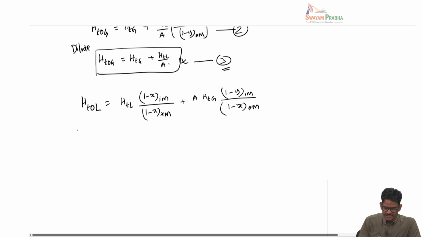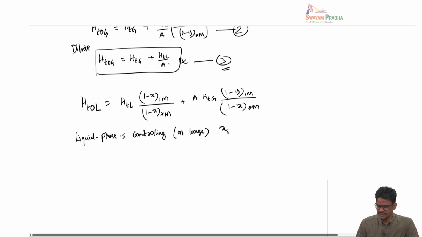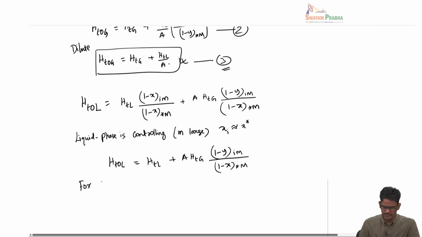So here again you can make an assumption, if liquid phase is controlling, so this means M is very large, and this means Xi is almost the same as X star. So you can write HTOL is simply HTL plus A times HTG, 1 minus YIM by 1 minus X star M. And then for dilute mixtures,